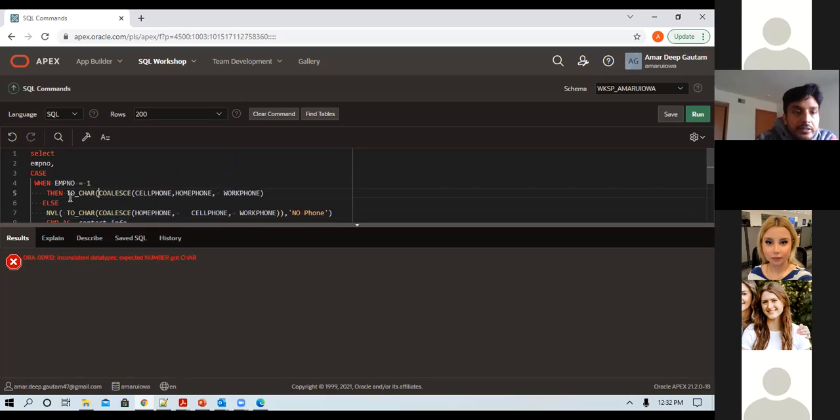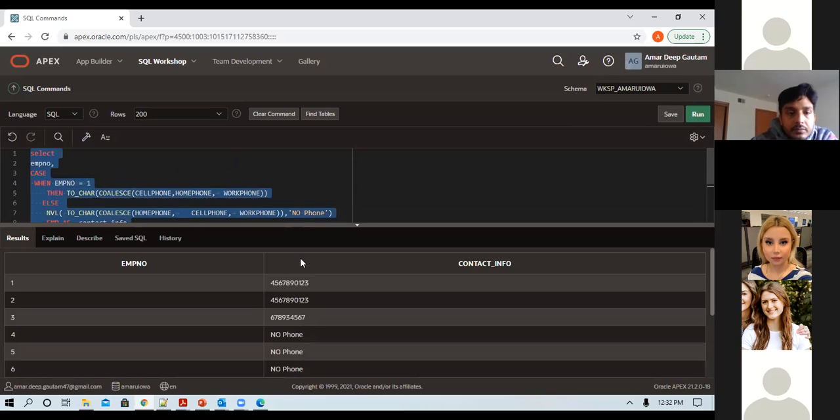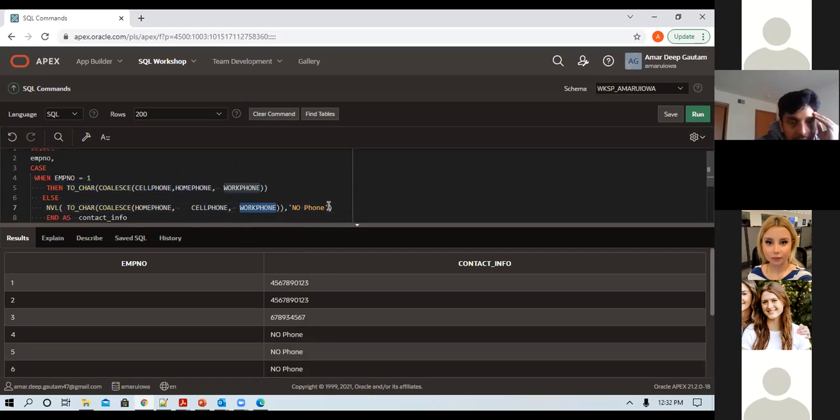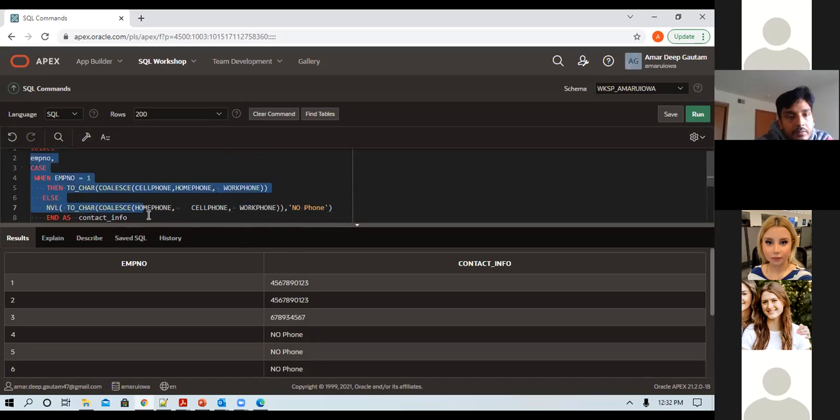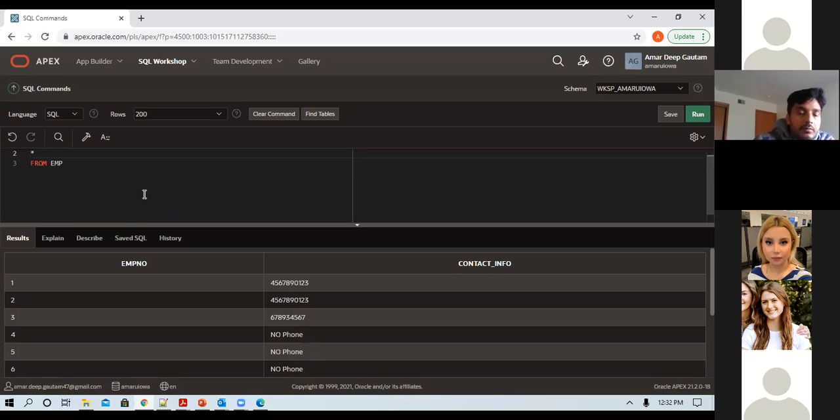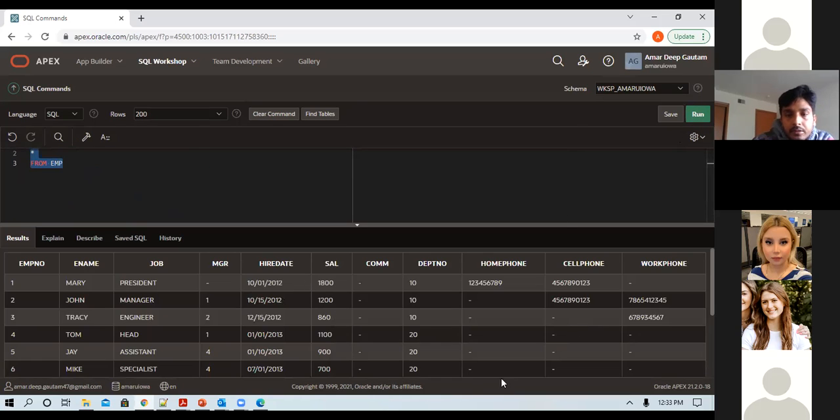See, we have to maintain this consistency of data type. So for the first one, it's preferring the cell, and for the remaining, it's doing the one which we already had: home, cell, and work. And the one which you said, to add another column saying phone preference, that will determine which one to go for, for each employee. Okay, yeah, that makes sense.